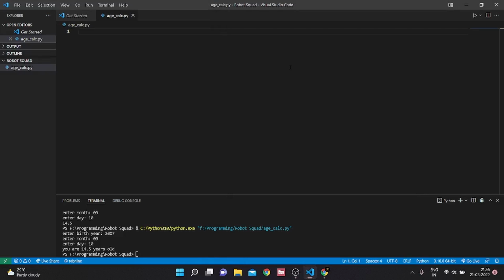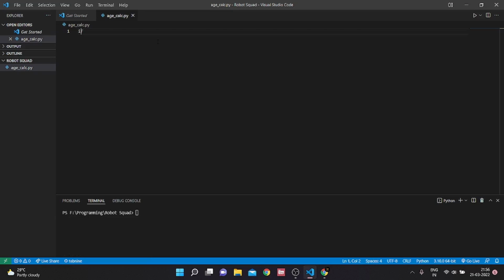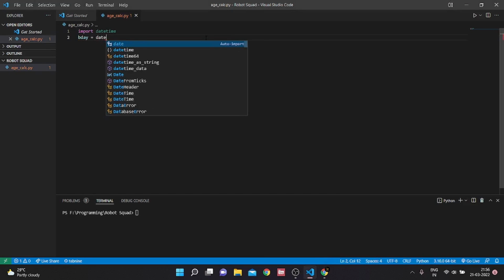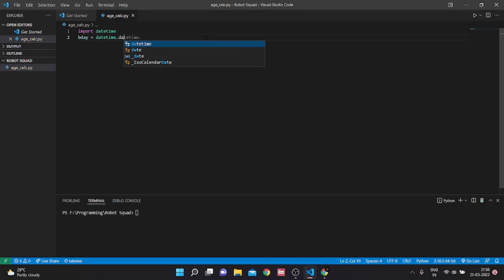So today we'll be creating an age calculator using Python. It's really simple. First we are just going to import datetime. Then we are going to create a datetime object. So birthday is equal to datetime dot datetime,